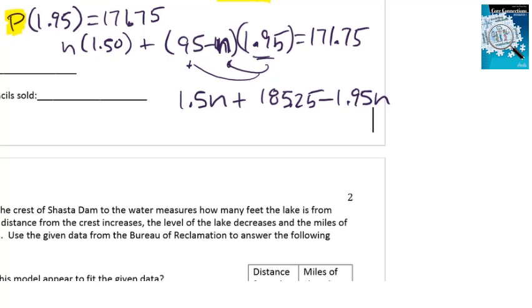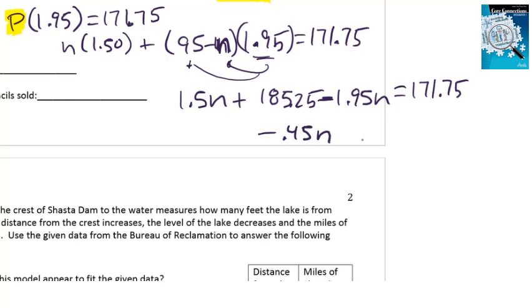Because I've eliminated the P's, I've just got N's because of the substitution. And over here on the other side, that is $171.75. So if I combine these N's, right, I've got 1.5 N and then minus 1.95 N, that is negative